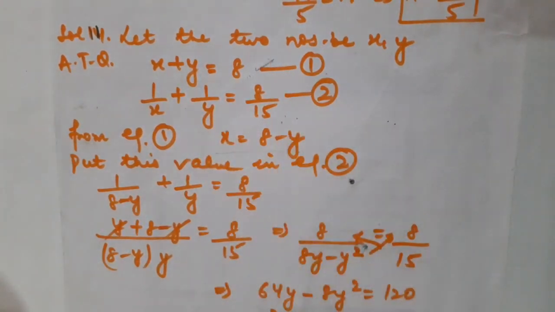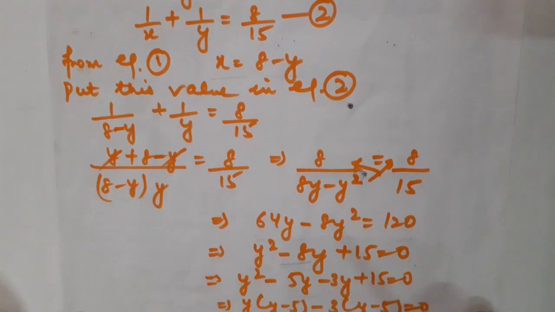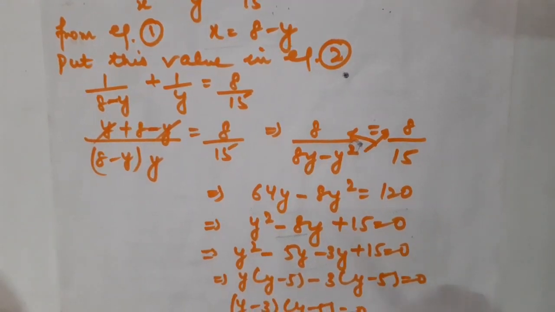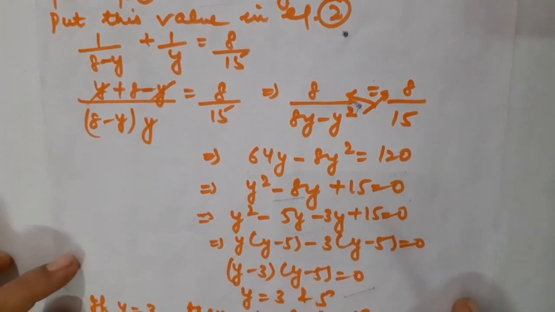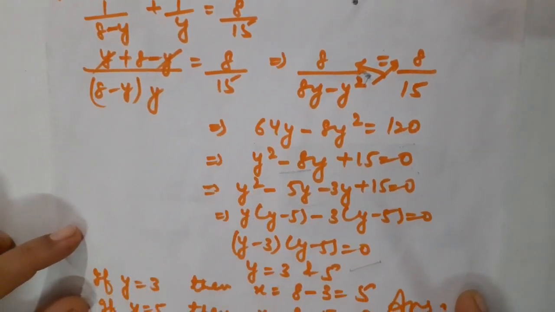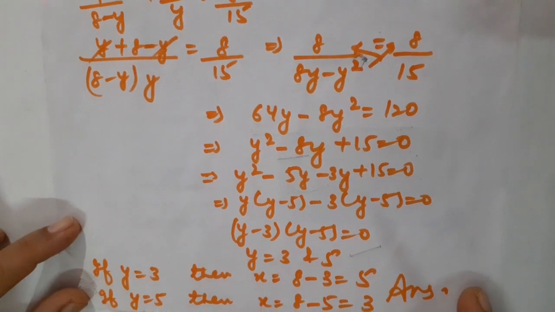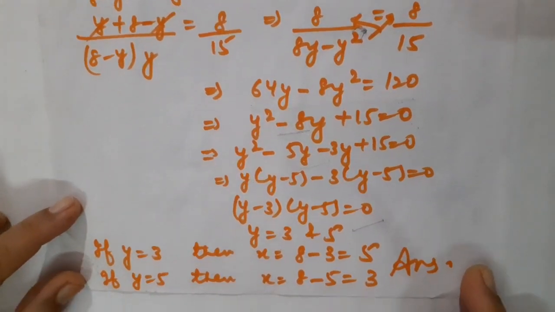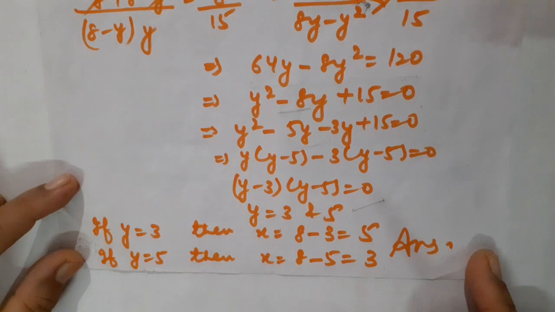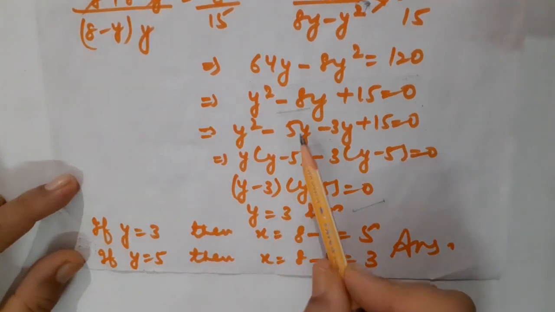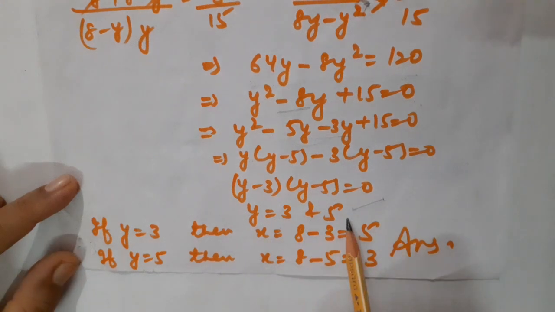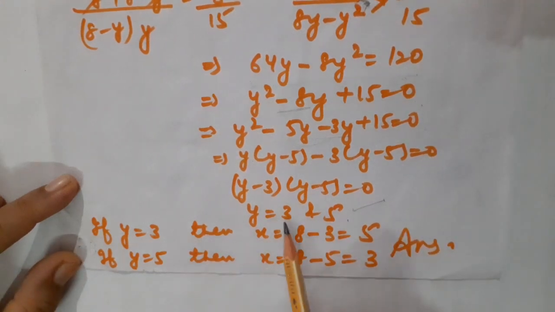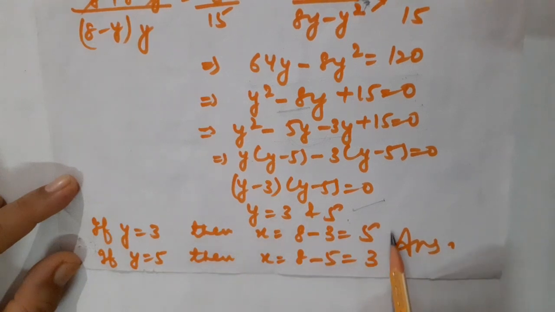Okay. So from here I have got the value of x and I am going to substitute it in equation number 2. So children, you please check it carefully. Match each and every step. The same question we did earlier also. If there is any mistake found in your mathematics homework notebook related to this solution, then please rectify your error. While splitting the middle term, I have got y is equal to 3 and y is equal to 5. Okay. So if there are two values of y, so definitely there will be two values of x as well. Correct?